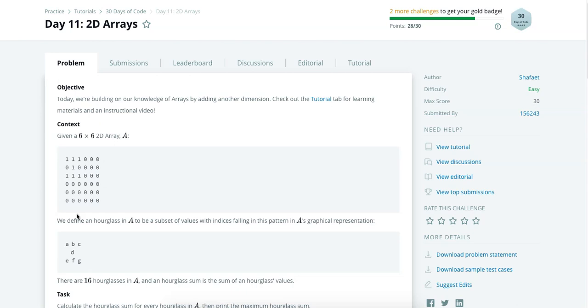So if you want to represent the first element of a two-dimensional array, its index would be the name of the array, then in double square brackets 0, which is the row, and in the second square brackets we'll mention the column. So [0][0] would be the first element, 1 for example in this.